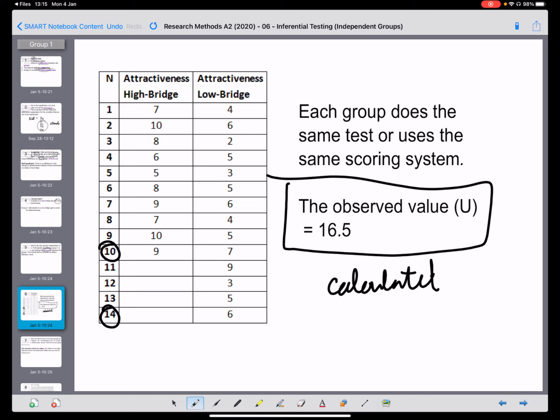So if you're running this particular study, you would interview these particular people, get their level of attractiveness, write it down, put it in a table, and then enter this data into a computer and come up with an observed value of 16.5. Okay,